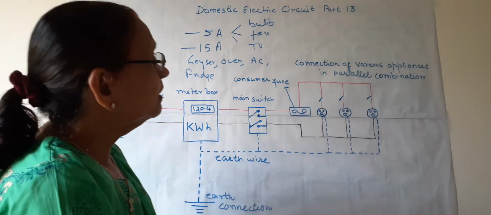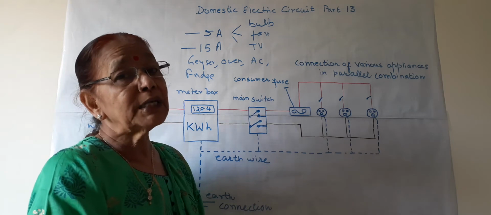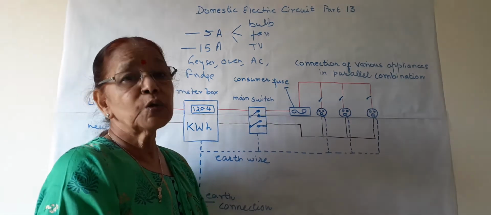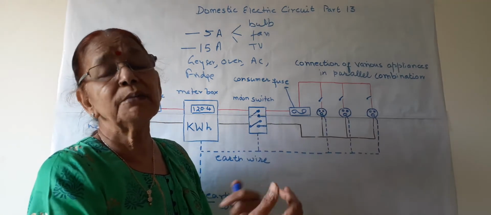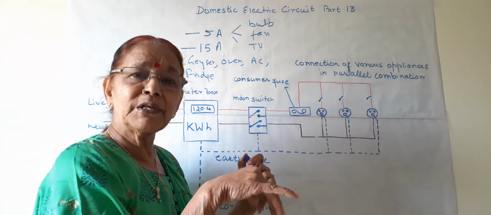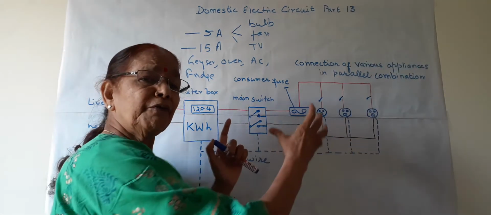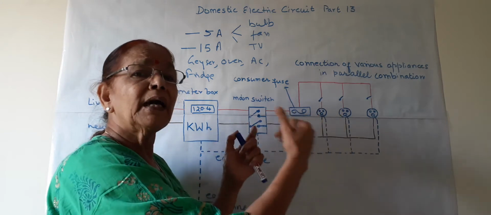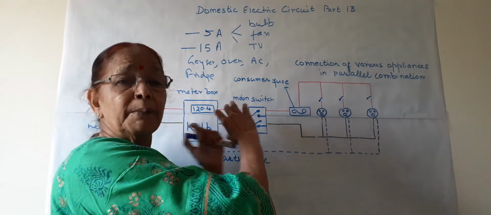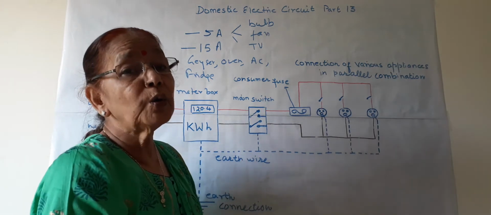These are some of the advantages of parallel combination, but there are some disadvantages also. What is the disadvantage? As I have just told you, they have low resistance, so more current is coming. When resistance is low, I is more; they are inversely proportional. So when more current is coming, if more than a few appliances are connected together, a high current will be coming in the circuit.